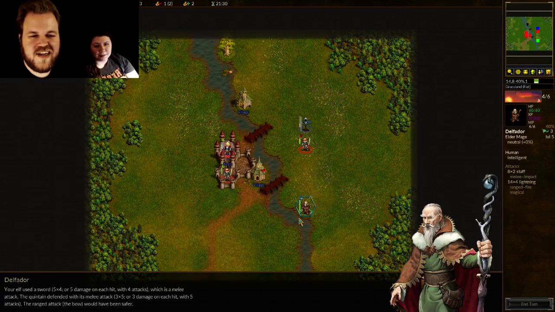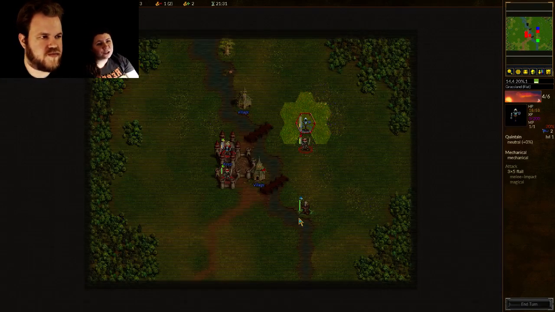It's cool. Alright, your elf used a sword, 5 times 4, 5 damage on each hit with 4 attacks, which is a melee attack. The Quintain defended with his melee attack, 3 times 5, with 3 damage on each hit with 5 attacks. The ranged attack, the bow, would have been safer, although it wouldn't have done as much damage. Delphador! And we said we were gonna do the one...